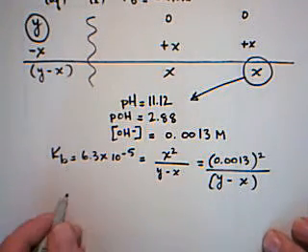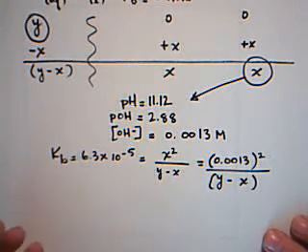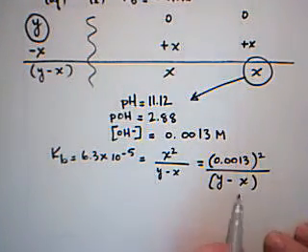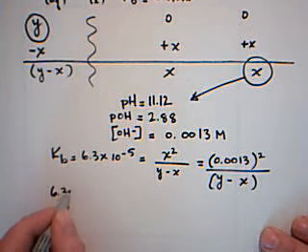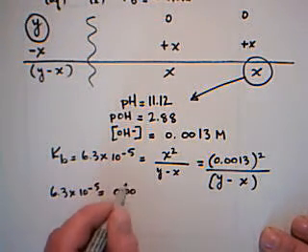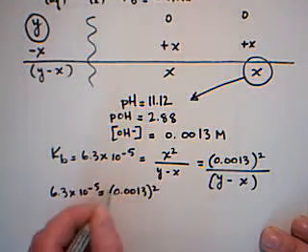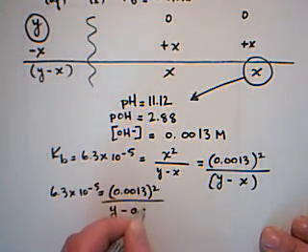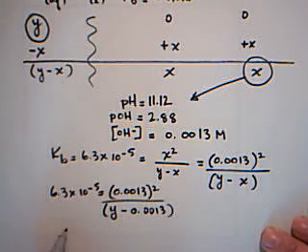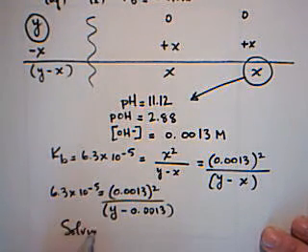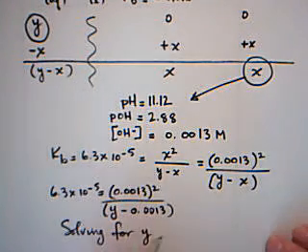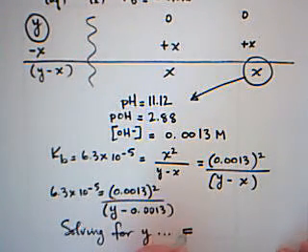However, it's not too complicated to keep going because this is not going to involve a quadratic formula. So 6.3 times 10 to the minus 5 is equal to 0.0013 squared over y minus 0.0013. Solving for y, so do your algebra, show your steps, and we will get an answer of